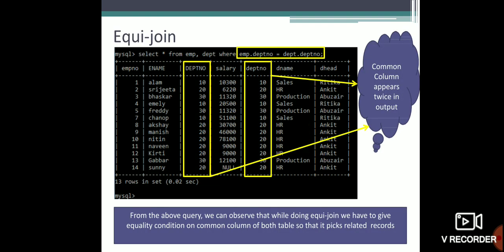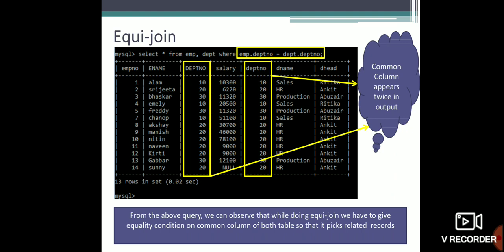See here, I have joined with SELECT * FROM employee, department. From the two tables, fetch all the details WHERE emp, my first table, dot department number, the common column name I have to write in both places. Employee.deptno is my common column which I have to mention, equals department.deptno.